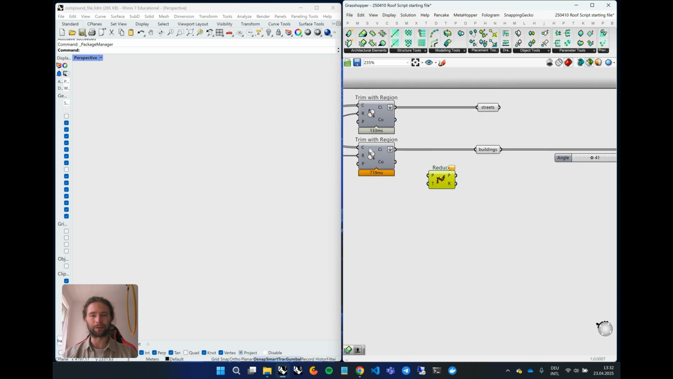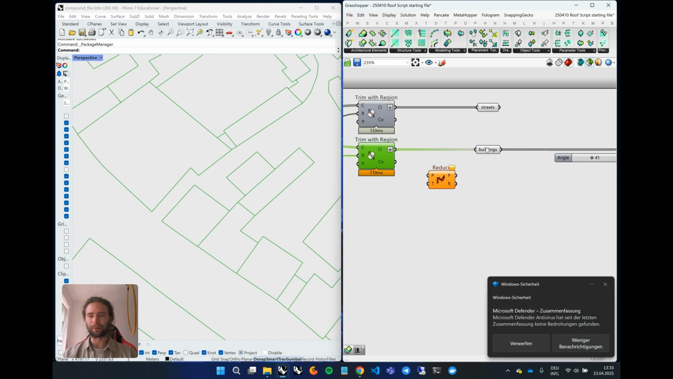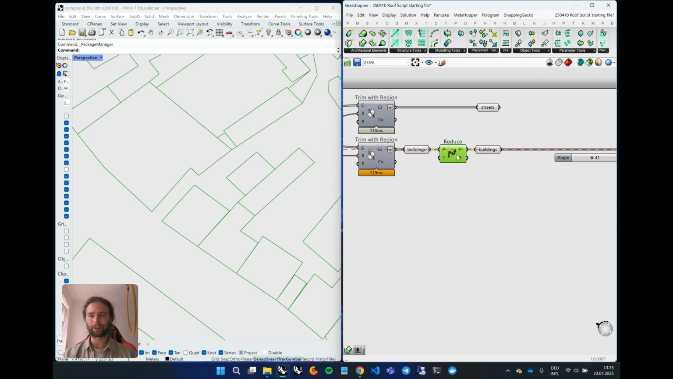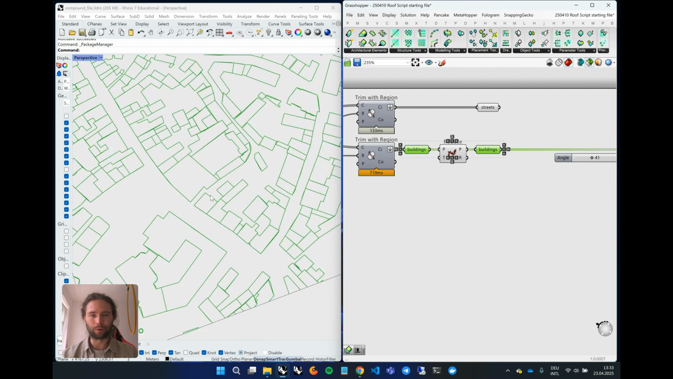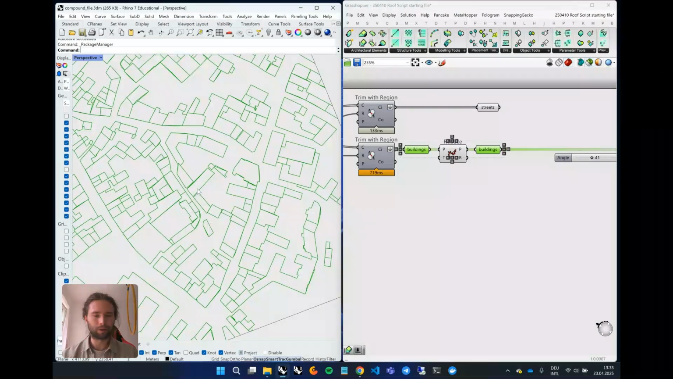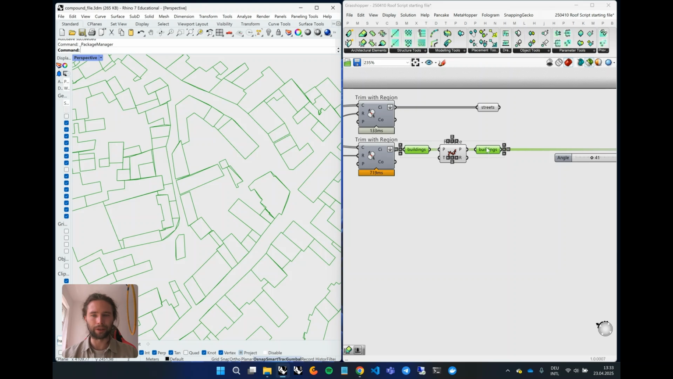I will just apply it after the trim with region component. So maybe I'll just copy my buildings here and connect it there. Okay, so let us check what happened. If you select both of these components and go into the Rhino viewport, you will see the changes. So some buildings were simplified a bit, and it might help you to generate better results for your